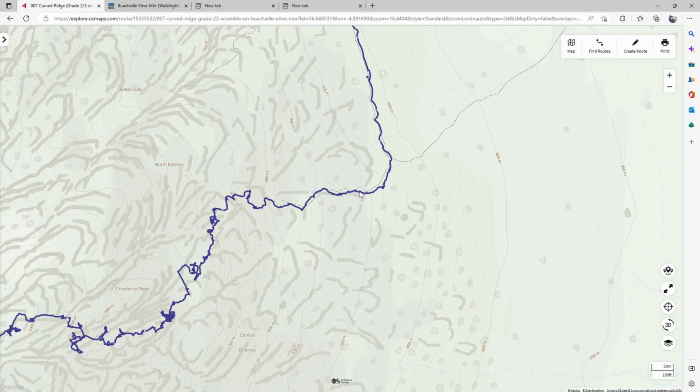There's a lot of scree and rock and some vegetation, heather, etc. And you just make your way up this. And then you're going to come to the first point. The first tricky part in this whole ridge is right here. You need to cross over to the right hand side, and there's quite a steep drop and it looks quite tricky. There are good holds and you just need to take your time, and I'll show that in the time lapse. You then scramble up, some light scrambling, and then you come to some more scree and you have a little bit of a walk, and you're climbing some altitude, but it's not scrambling at this point until you get